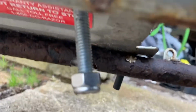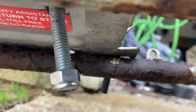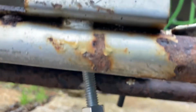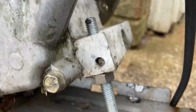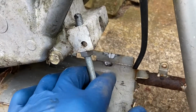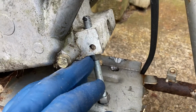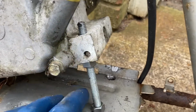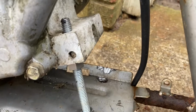That's going to help secure it from the bottom. And then I've got plenty of slack on the bottom I'm going to cut off. But that lock nut is going to lock against the base of the bike. And then this one, I've got another lock nut for, so I'll lock that one in at the top. And then I have a little bit of adjustability here. I can tighten this more and get the motor to go a little bit more forward or come back a little bit. And then I do have another side, which I'm going to put in and do the exact same thing. All right, so